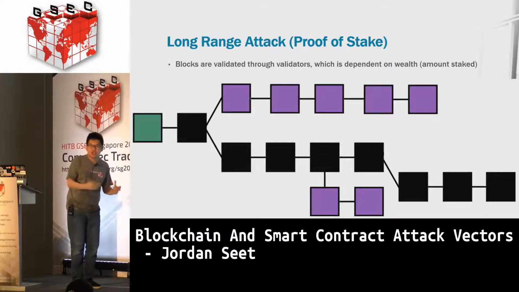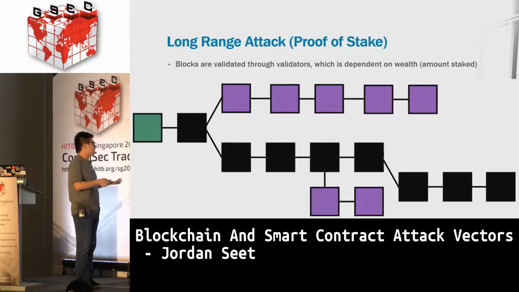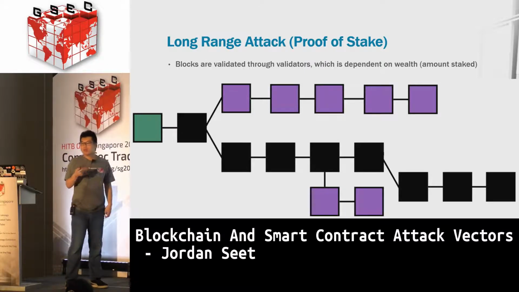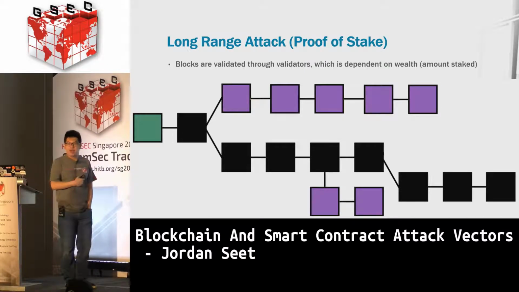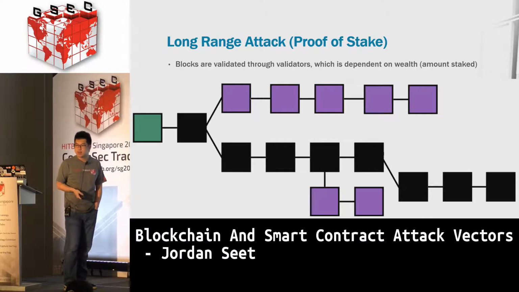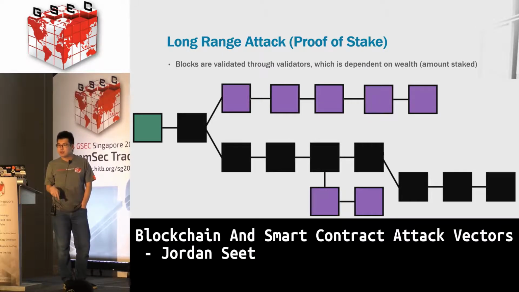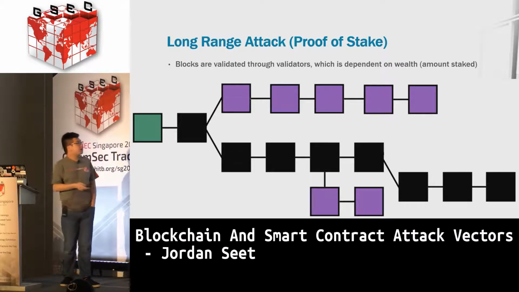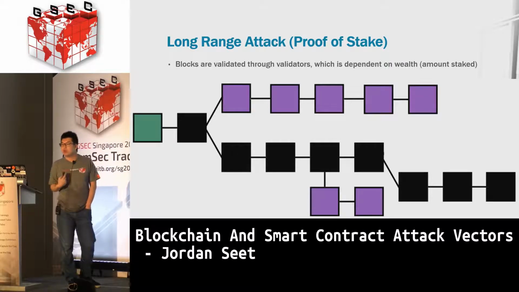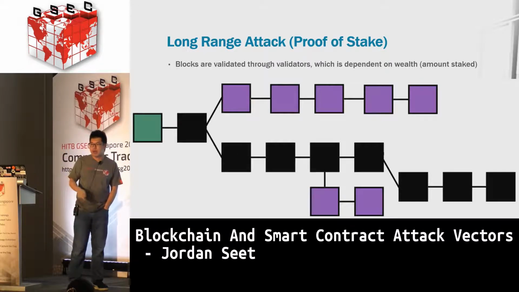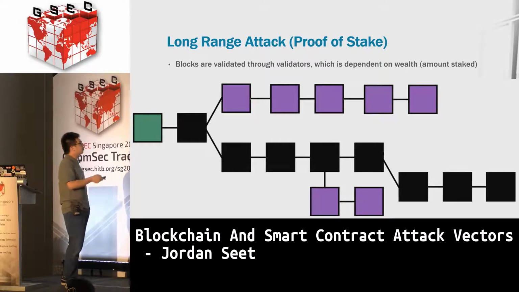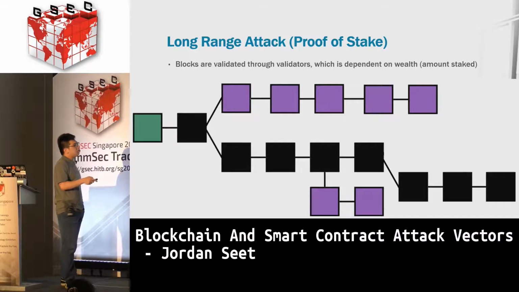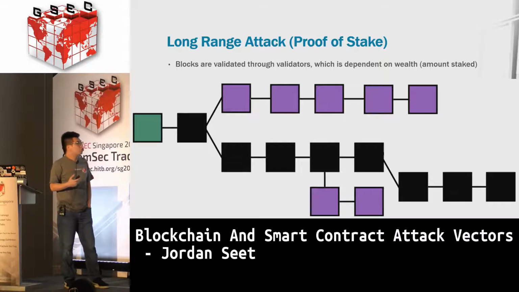So instead of using hashing power to try to crack a nonce and generate a hash, basically the person who staked, it becomes like a betting game. So I say I'm going to stake $500, and if the transaction is fraudulent, you can take away my $500. The concept is that the person with a majority stake, if I have 51% of the wealth in the network, I wouldn't want to attack my own system because the valuation will drop and I will lose money. So in this case, the problem here is that it is not computationally expensive to generate